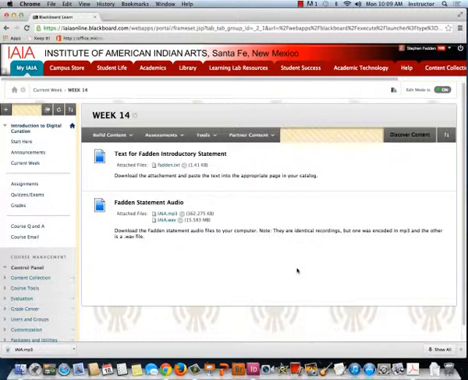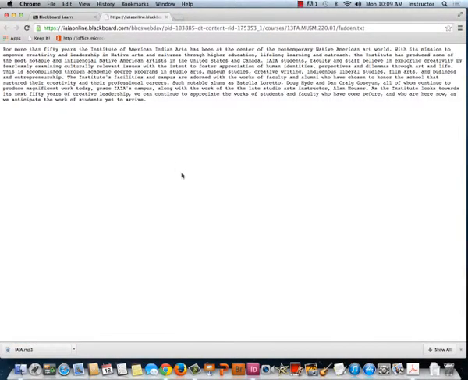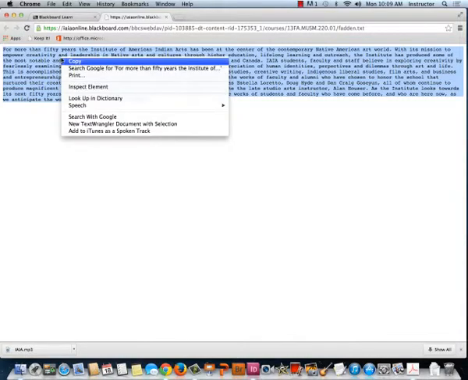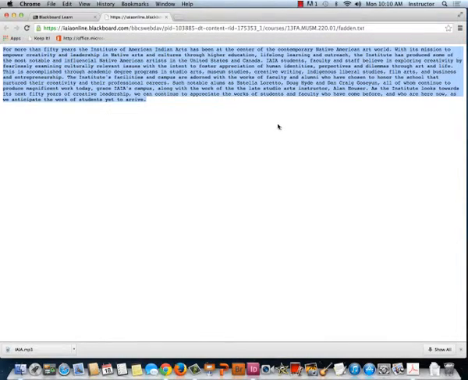What you will do is you will go to the Fadden.txt, and it will open up, and you will see all of the text. Copy by highlighting it. You can right-click to copy, and then go to your InDesign catalog,